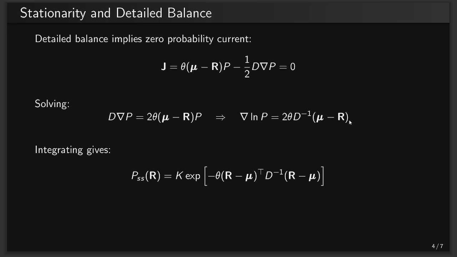So integrating this out, it's a familiar result. It's quadratic, so that means it's the exponent of a minus of a quadratic. That's a Gaussian distribution if I've ever seen one. So yeah,